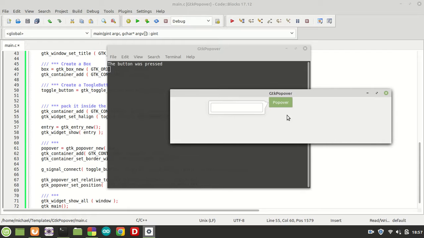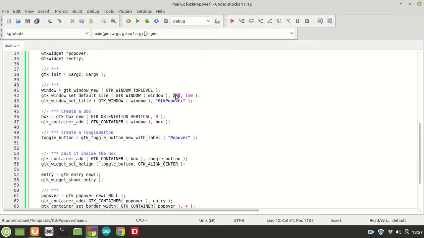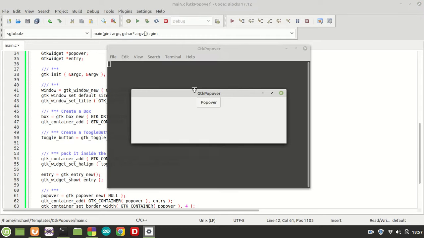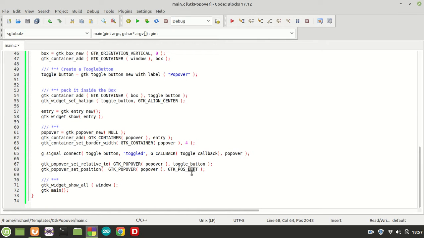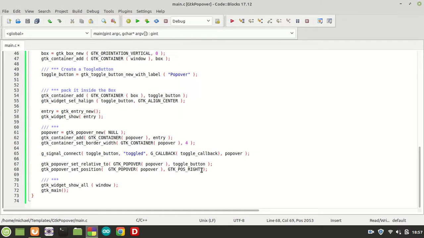I'm going to drag it. Whoa! You see, now it appears on the left, which means you need a window big enough, for example 500, so that you can follow this behavior. Watch, now we have 500 pixels. Now it's on the left. If I choose to put it on the right, because we have enough room now, it will pop up on the right. You see? But it will never pop up at the top,